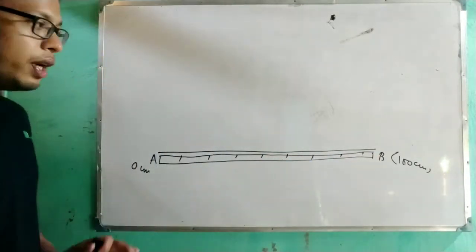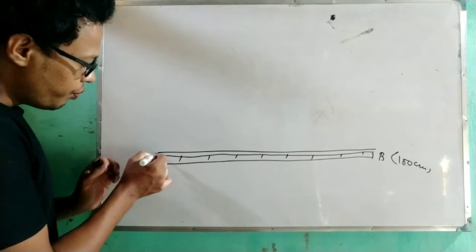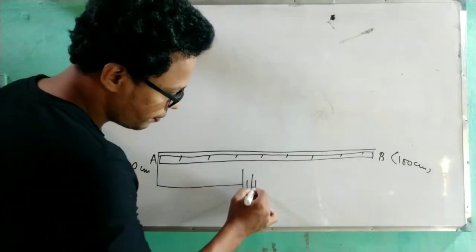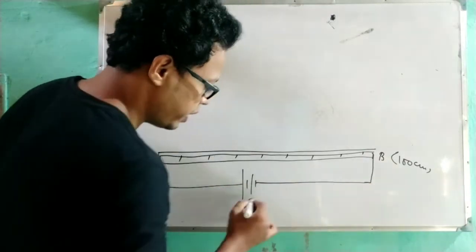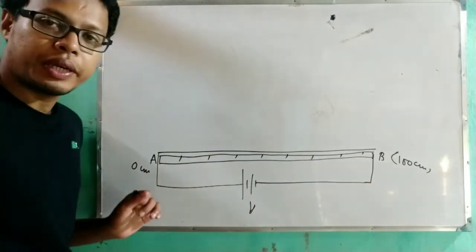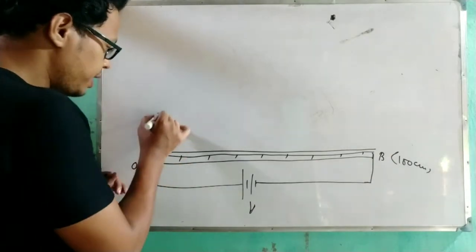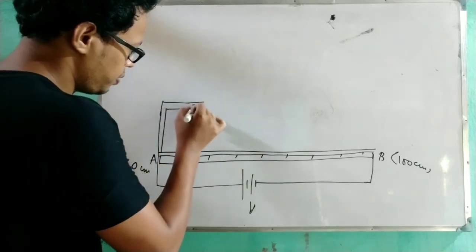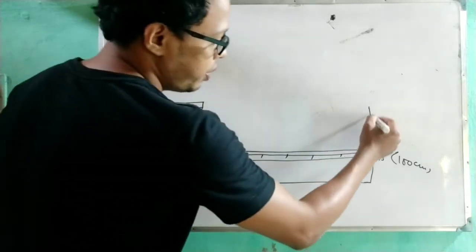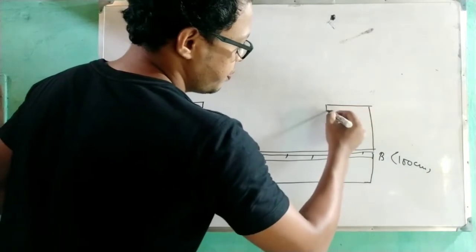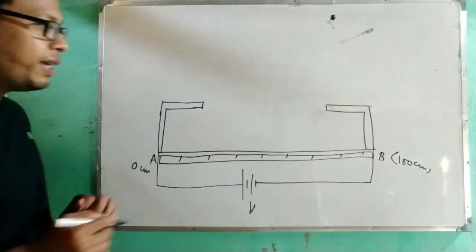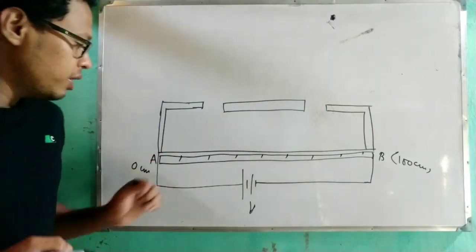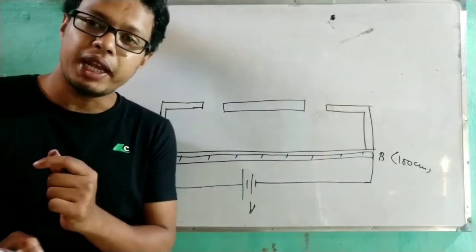Now, from this end A, one battery is connected of potential difference, suppose V. Now from A there is one copper plate, and from here also. And one more copper plate is there, and this wire AB is made up of an